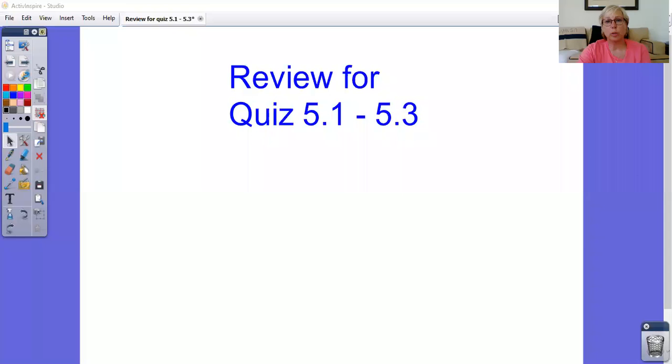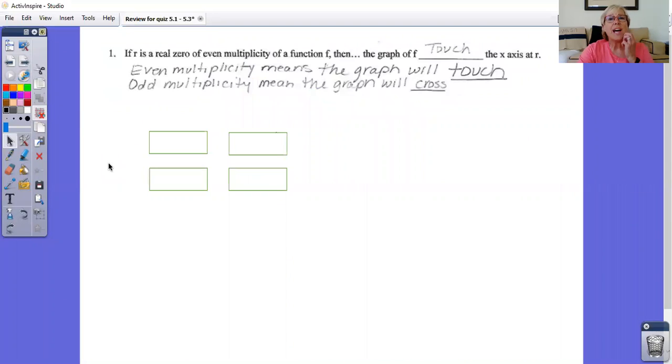Okay, so it is time to start taking some quizzes in Chapter 5, and I have just a little bit of a review for the first quiz. It's going to cover Chapter 5, Section 1 through Section 3, and going to start out asking you about what multiplicity really means. And if you have a real zero of even multiplicity, then the graph is going to touch